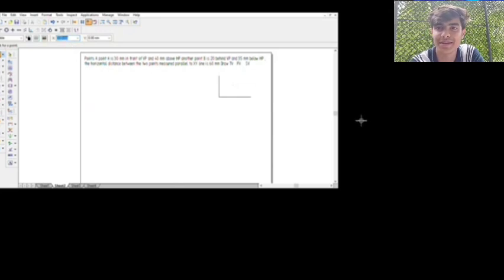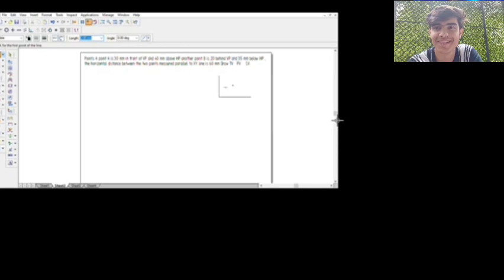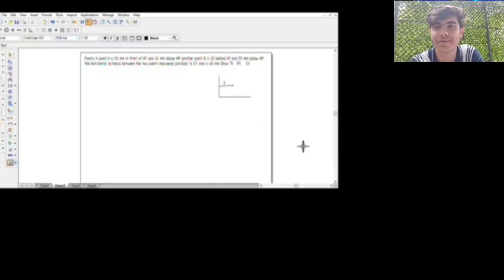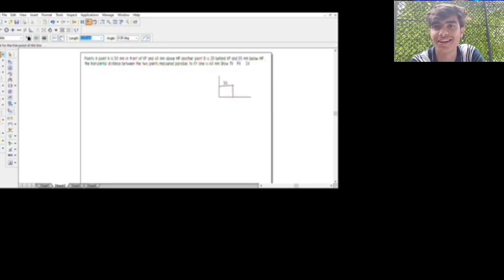Let's make it a tick point. Now we will understand this as from this point to this point. Of course it's not a straight line. No need to think of it anything. Now we have 30, right? And from this it says above HP is 40 mm, right? This line is 40,